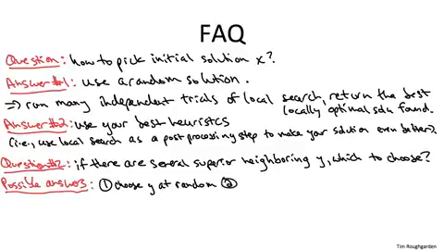Alternatively, you could try to be clever about which y you choose. For example, if there's multiple superior neighboring y's, you could go to the best one. In the maximum cut problem, if there's lots of different vertices whose switch to the other group will yield a superior cut, pick the vertex which increases the number of crossing edges by the largest amount. In the traveling salesman problem, amongst all neighboring tours with smaller cost, pick the one with the minimum overall cost. So this is a perfectly sensible rule about how to choose y. It is myopic, and you could imagine doing much more sophisticated things to decide which y to go to next.